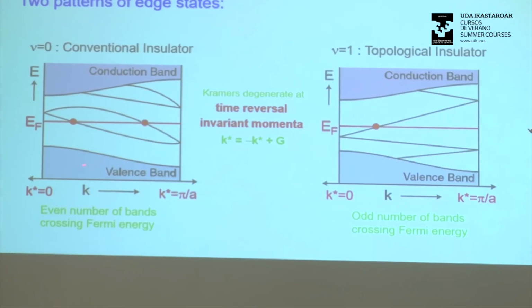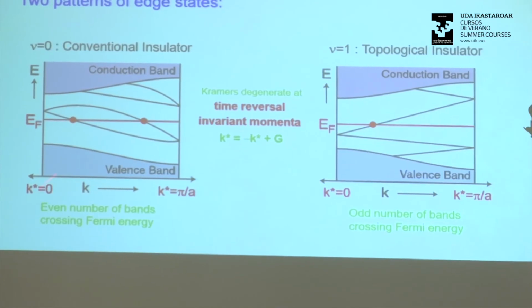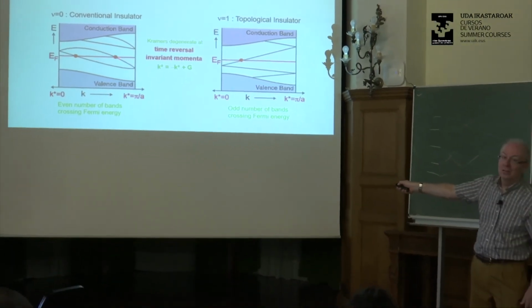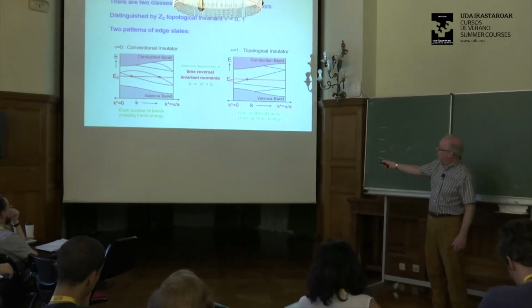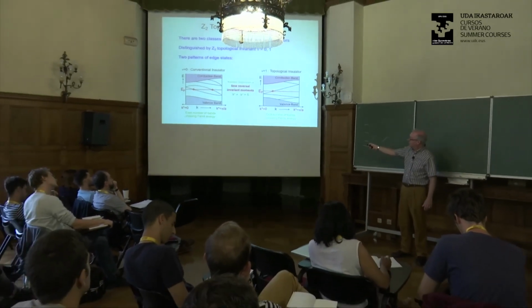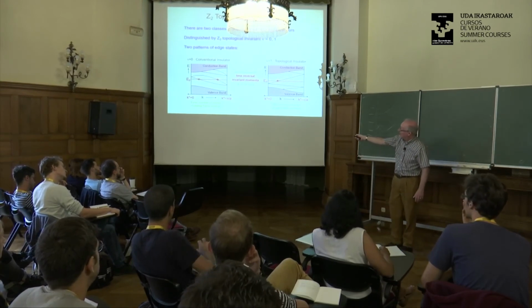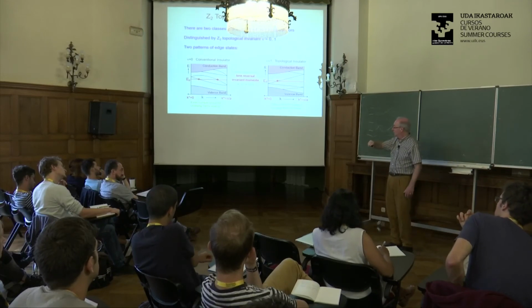These are distinguished by the fact that if I have a Fermi energy, then in this case it's always going to cut through an even number of bands between 0 and pi, whereas here it's going to cut through an odd number. And this even number could be equal to 0. So you could pull all these bands down, and you could have nothing at the Fermi energy. But in this case, if you tried to pull all the bands out, you can never get rid of this one. And so that's the difference between a trivial insulator and a topological insulator.